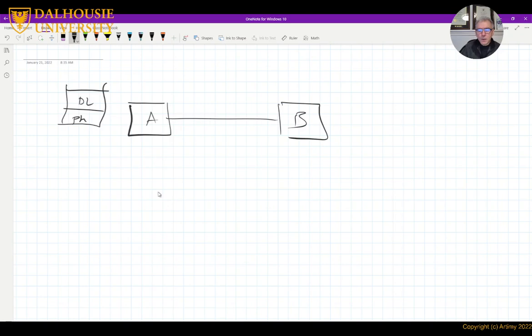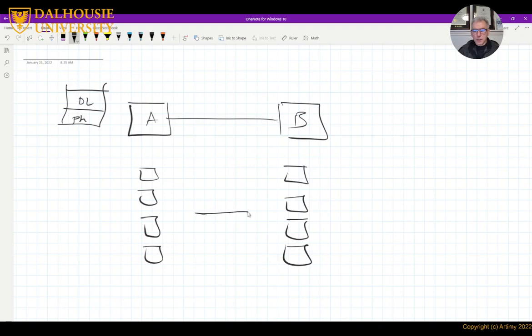And then we talked about multiplexers. A multiplexer is a way to share the medium between multiple nodes. So if we have multiple nodes here and we want to share a single medium, we'll use a multiplexer and demultiplexer on the other side.